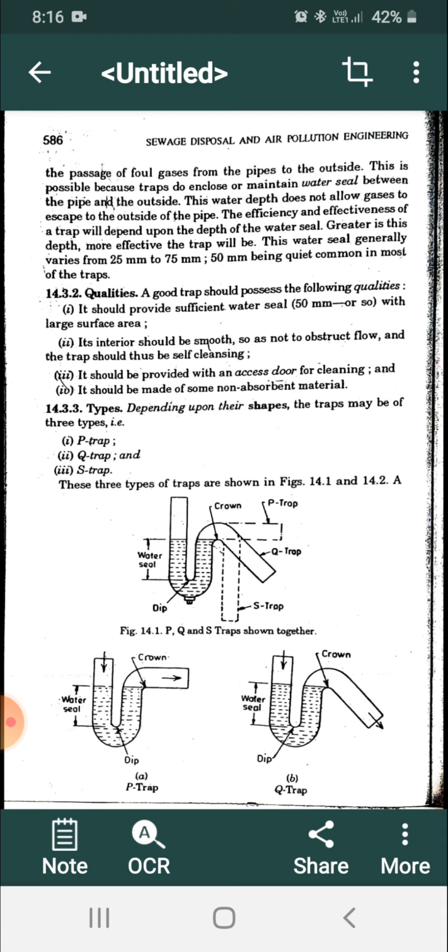Understood? See, this is a network. Even on your ground floor, anywhere, in an independent house also, the waste which is coming out from your house will start entering into the main pipeline. See, the main pipeline means